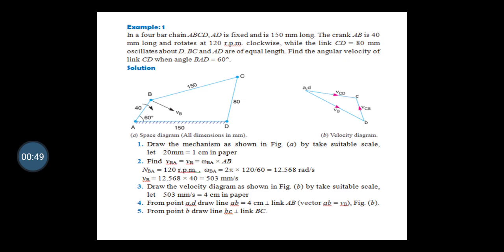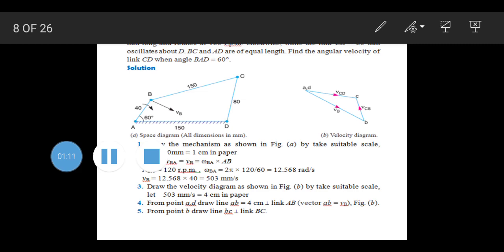Now here we were determining the velocity of link CD. Now in this part, for this we need to construct a space diagram. How the space diagram is constructed is by using the given data values. Over here the given data we have obtained, that is AD is a fixed line. So by using a suitable scale we can draw AD as a line which is fixed.